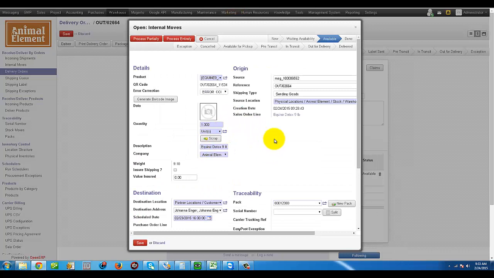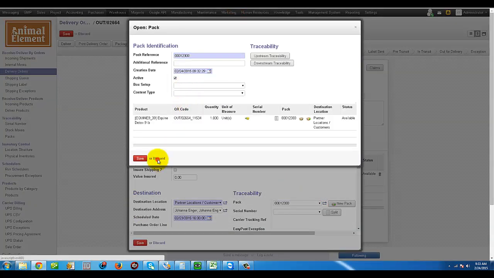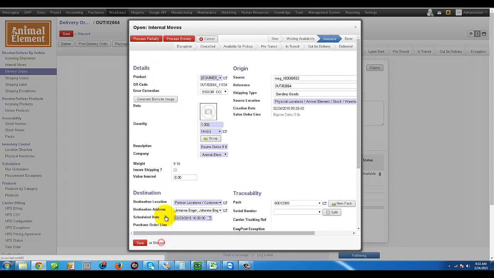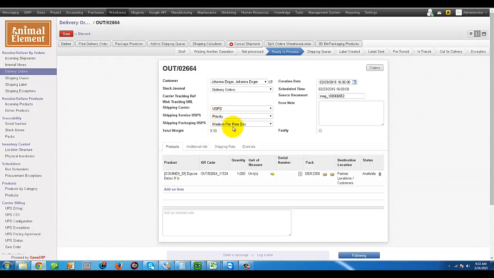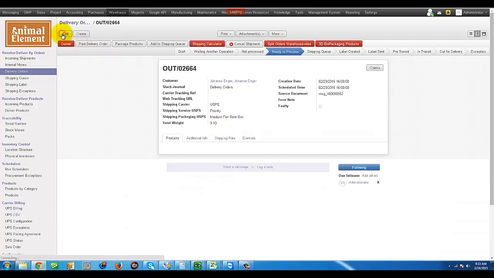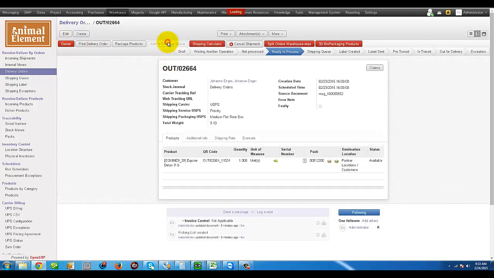So this is a very simple one. We don't need to select a box setup because we're just going to do USPS priority mail with a flat rate box, so that's not required. So here I'm going to go ahead and save my order, and I'm going to add it to the shipping